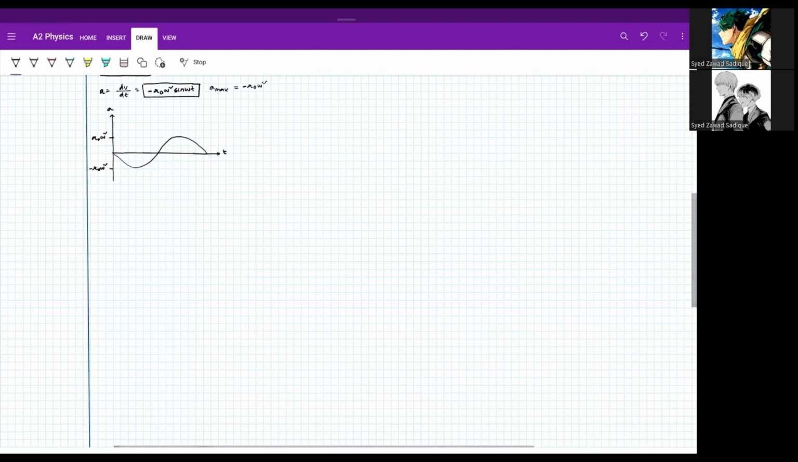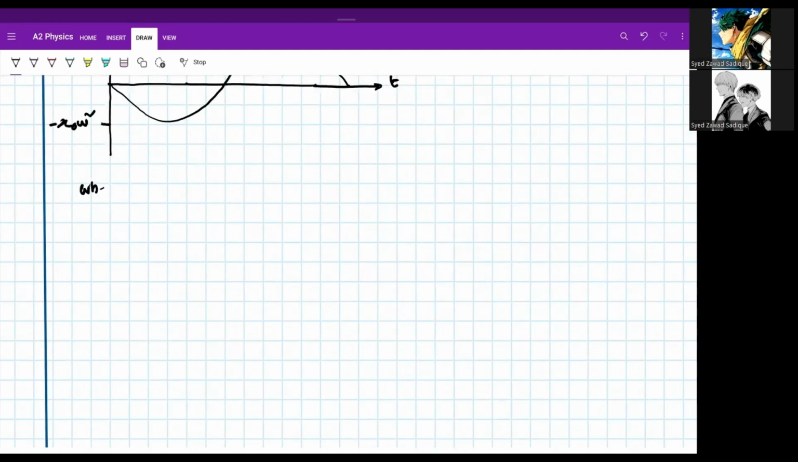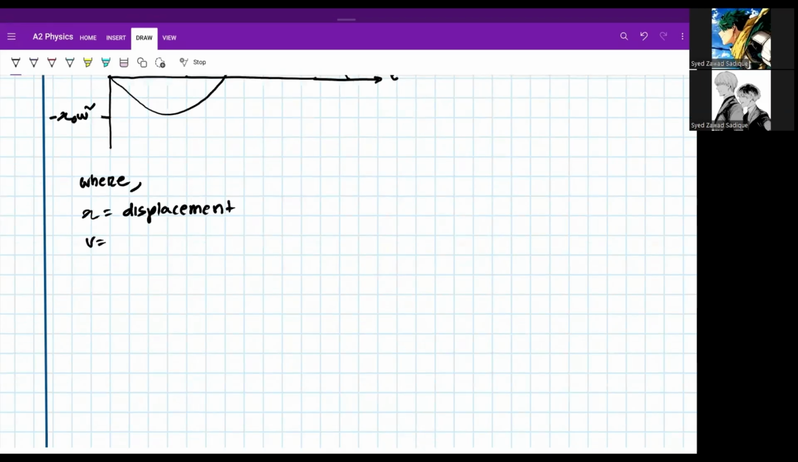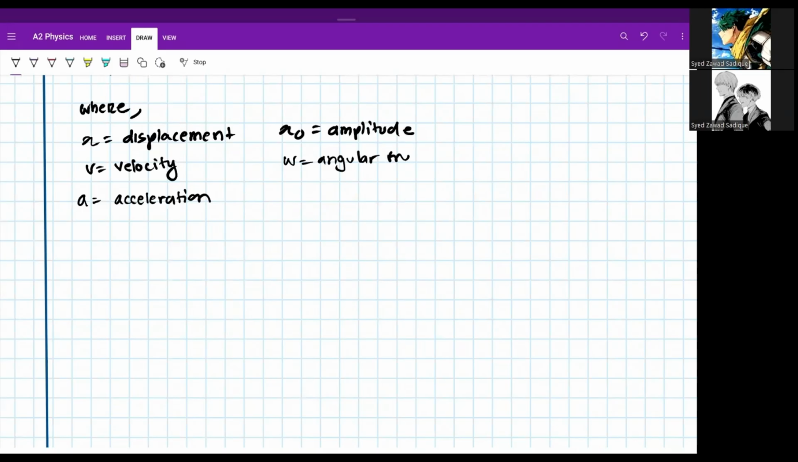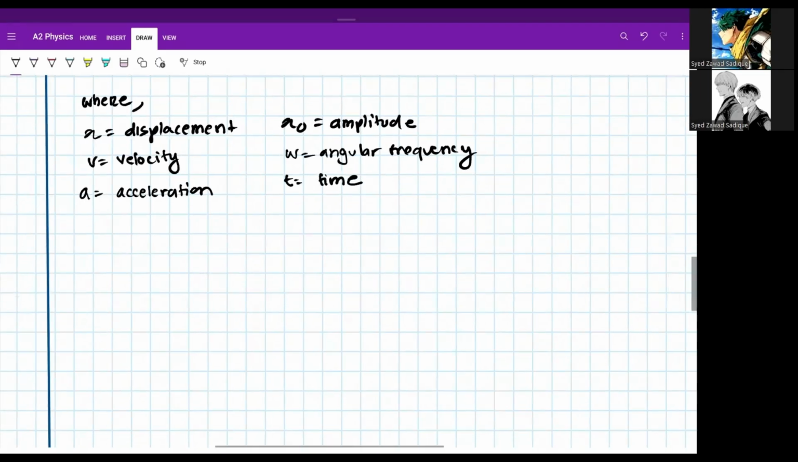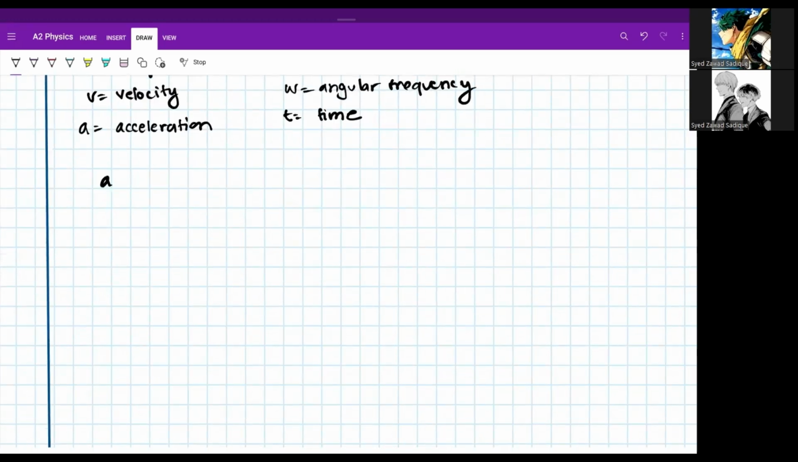Now what are the symbols representing these? Where x is equals to displacement, v is equals to velocity, a is equals to acceleration, x naught is equals to amplitude, omega is angular frequency, t equals time. So our main equation, a is equals to omega square x,